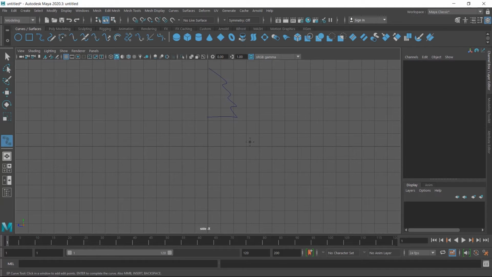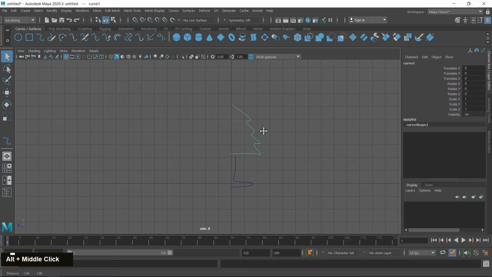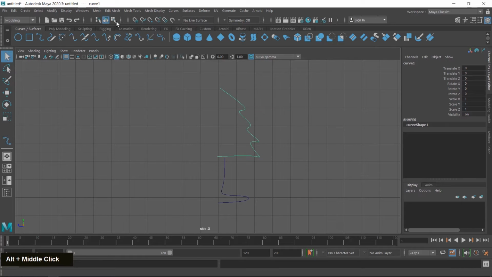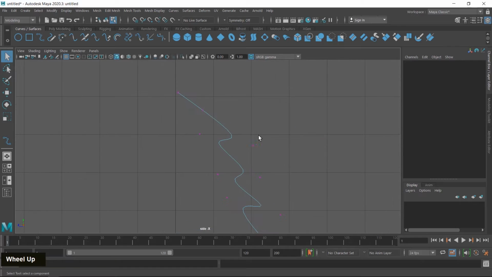So I choose the EP curve tool again. So it's a base. First I modify this shape. I click on the component type button, select these points one by one and modify.